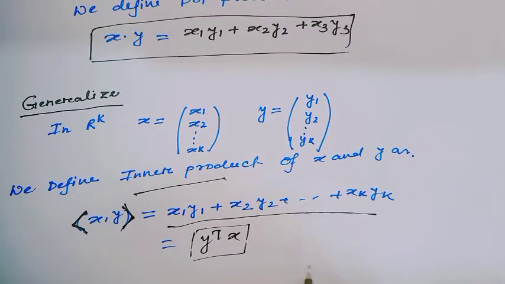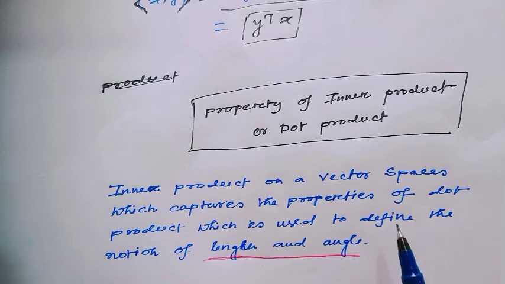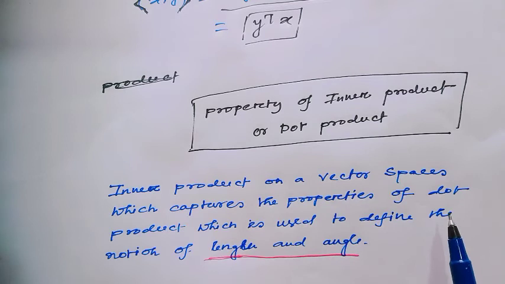Are you getting? Well, that means the actual property of inner product. An inner product on a vector space captures the properties of dot product, which is used to define the notion